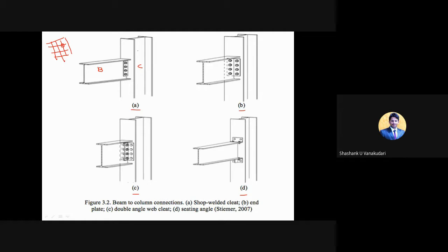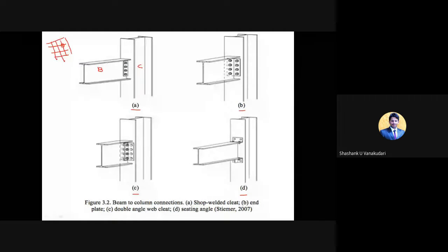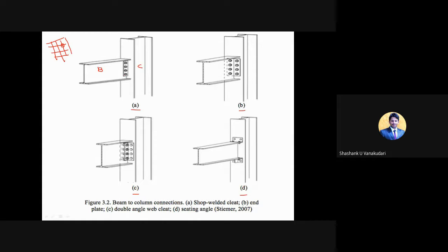Similarly, in the connections of two structural members also, we can provide these cleats with nut and bolt connections. This is a shop welded cleat, in the sense that it is already attached to the structural member, and only at the time of joining we go with nut and bolt connections. This particular cleat is already welded, and through the welded plate it will connect with the nut and bolt connection. So here we can see both nut and bolt connections as well as welded joints. And here the second one is the end plate.